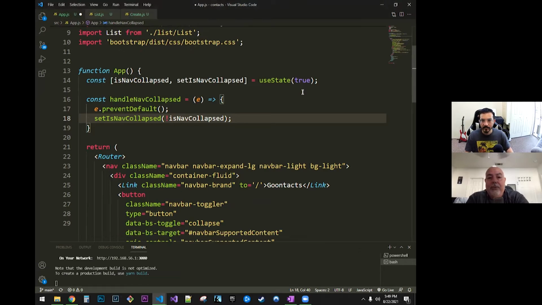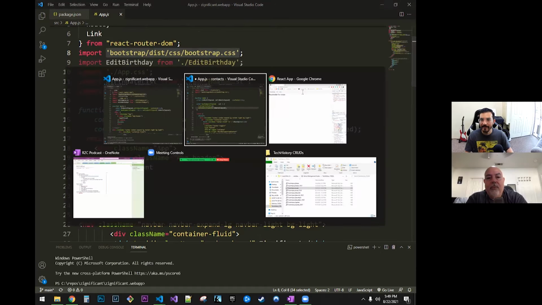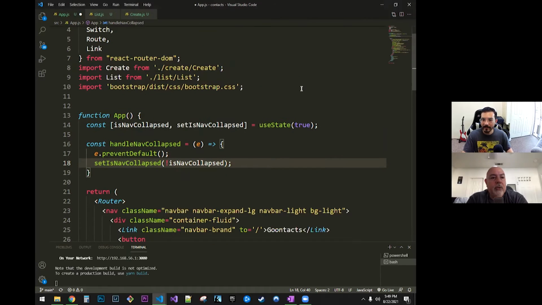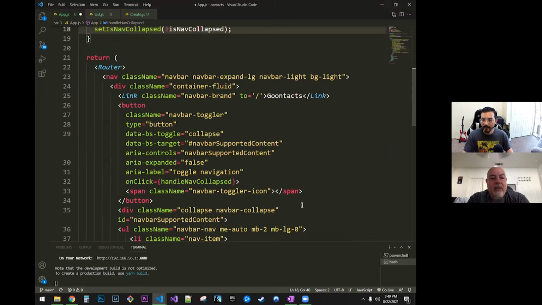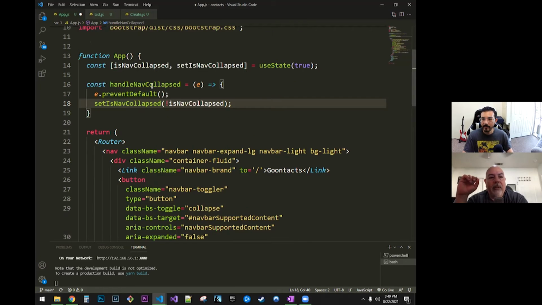So let's go back and recap. Use state on line 14 gives us these 2 values. Our initial state value is nav collapse, and a function called set is nav collapse. We go down to our button, scroll down just a couple lines. Okay, so we have the on click on line 32. When somebody clicks that button, somebody clicks that menu, we're going to call handle nav collapse. Handle nav collapse is up a little bit. Handle nav collapse starts at line 16,